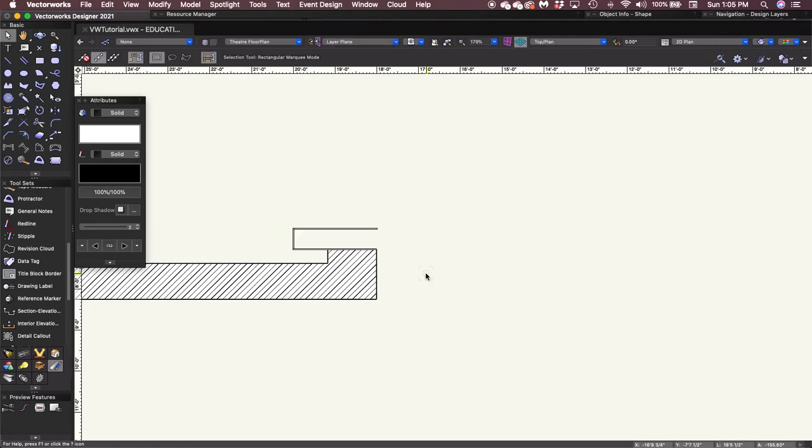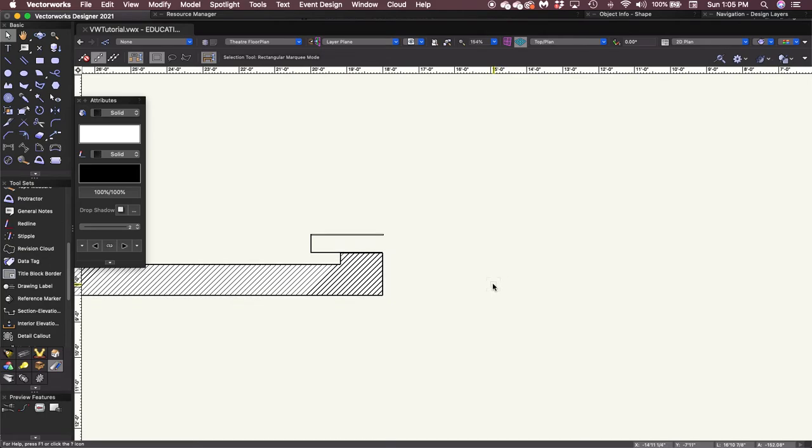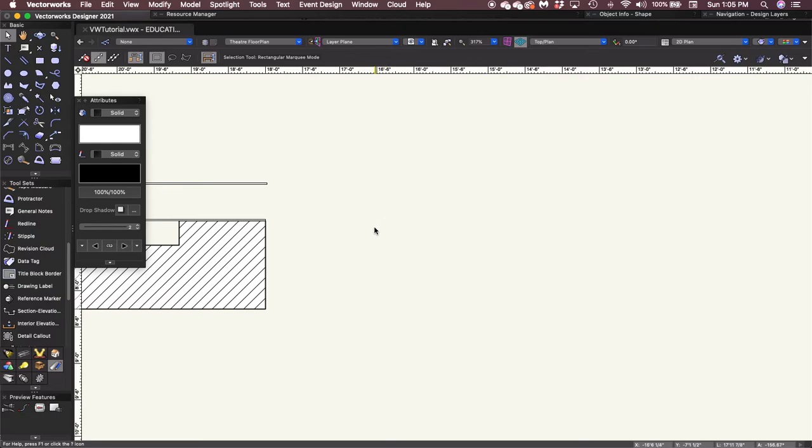Let's give ourselves the plaster line again, right? The imaginary line that runs horizontally from proscenium to proscenium that is usually our reference point. So once again, I'm going to select my line tool, which is in the basic tool palette right here, or we can just hit the number 2. There's our keyboard shortcut. And I'm going to take a line from this point